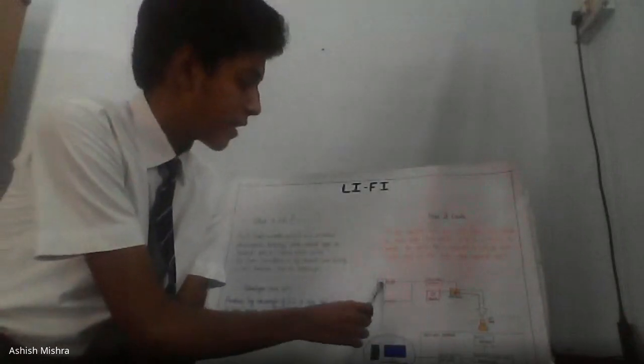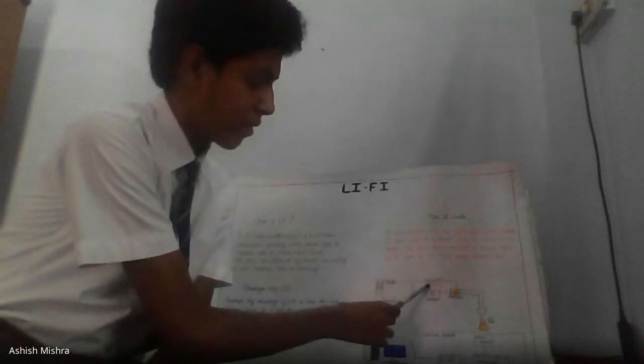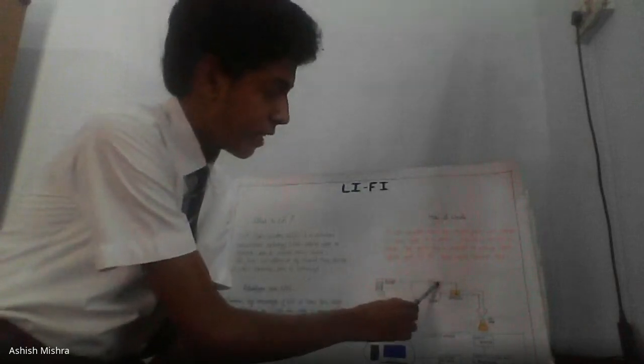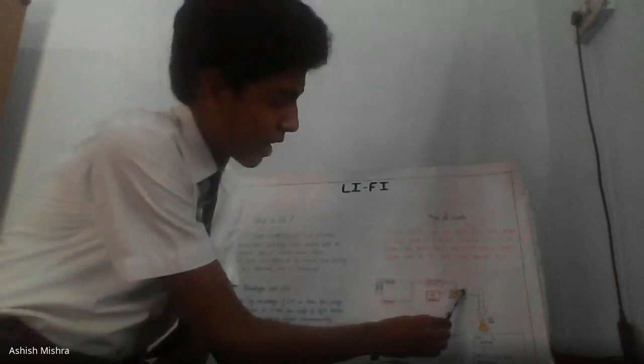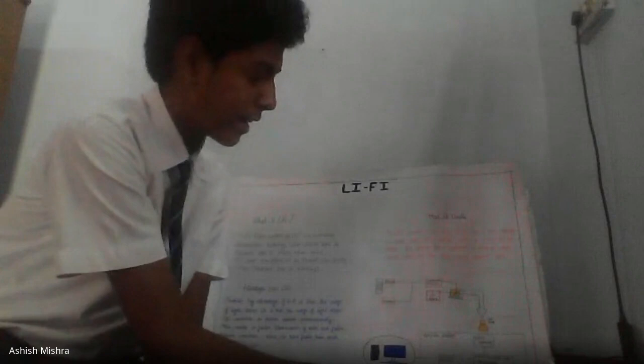So how does it work? When the server transfers the data through the internet, we can see the streaming content. But in Li-Fi, we see the streaming content with the lamp driver. The lamp driver then transfers the data to the LED lamp. Then the receiver dongle connected to our device receives the data. So how does it receive? The photo detector present in the receiver dongle receives the data, the amplification and the processing happens, and the app data is received.